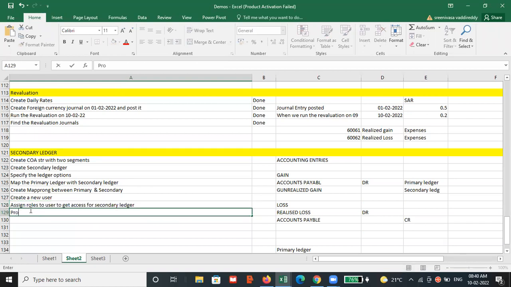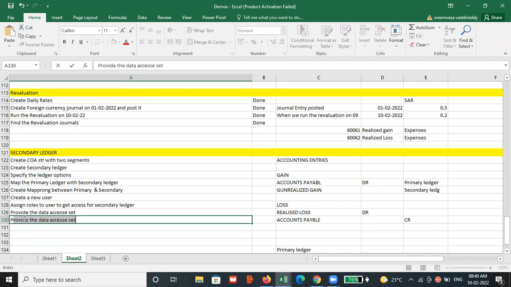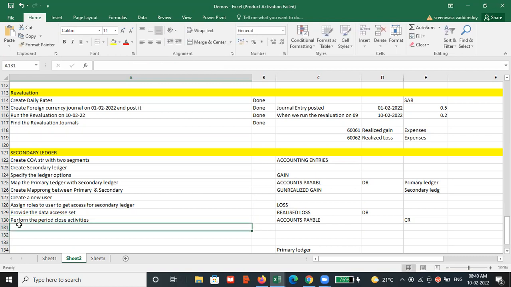After that, we need to provide the data access set. Then perform the period close activities. Enter the journal in the